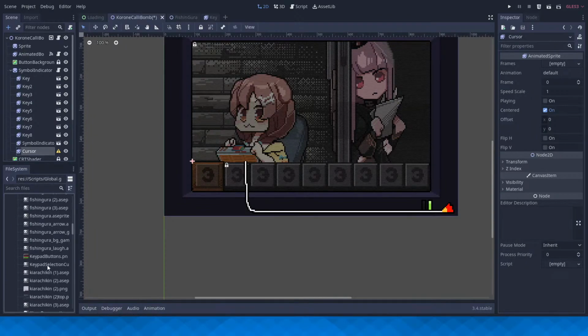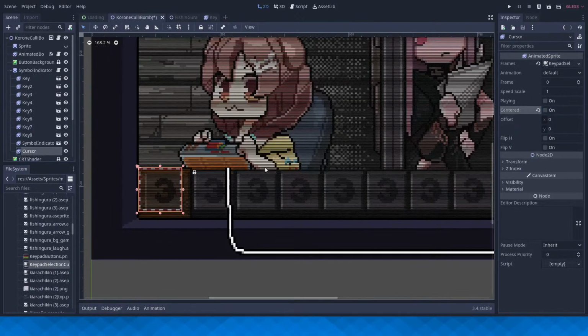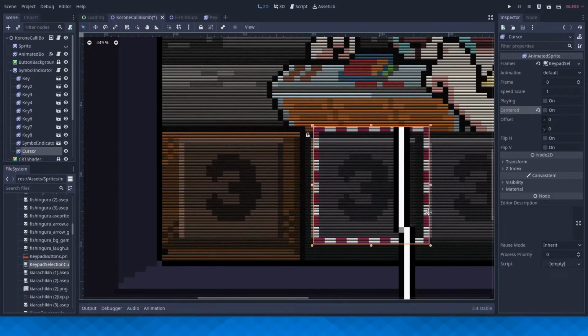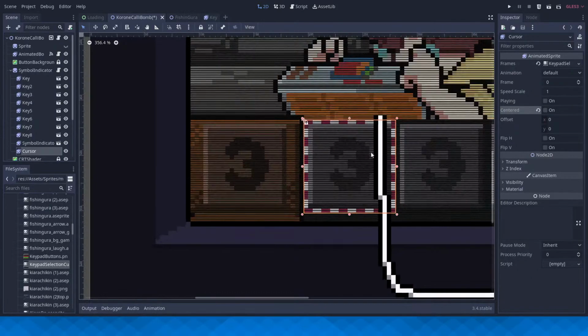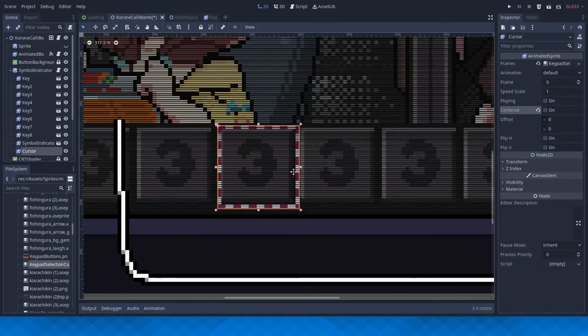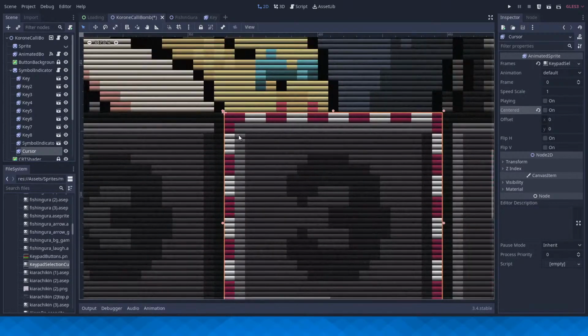Where's keypad selector? Yeah, there we go. Keypad selection cursor. Need to make sure that is not centered. Just anchored to the top left. And I'll put it on this one. Actually, no, put it on this one so I can better see it while trying it out.